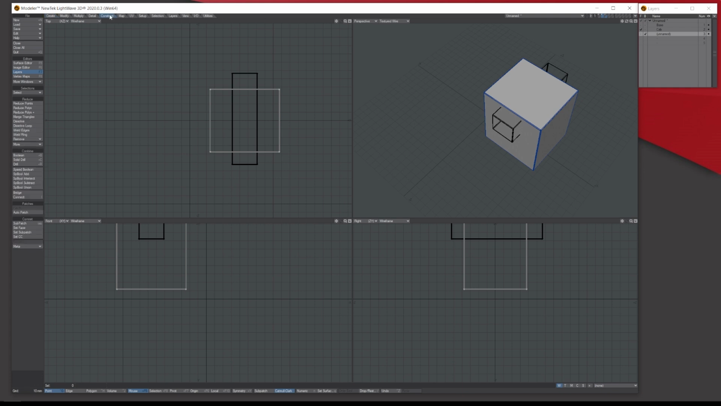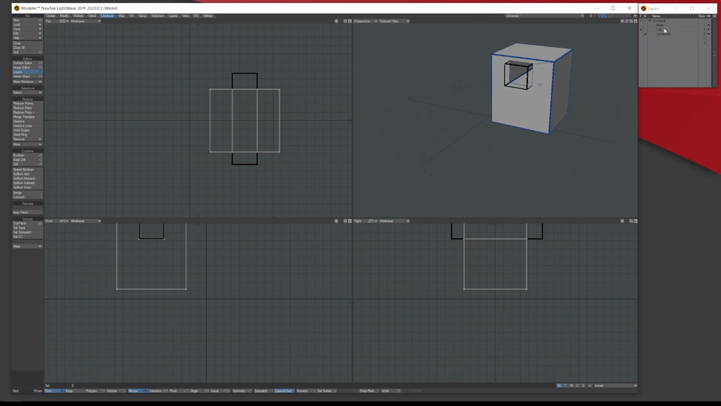I then go to the construct tab, Boolean, and it defaults to subtract. So it's going to subtract whatever's in the background from the foreground. Press OK, and there's the shape. So what you've got now